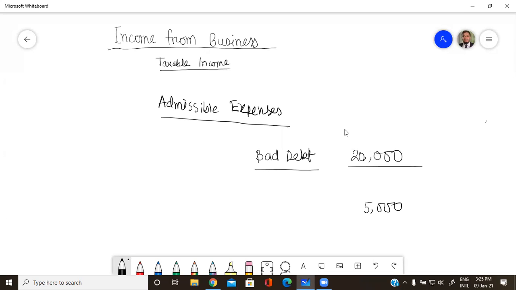What does your intuition tell? Should you hide this income? As you already have shown bad debt, if you add back this, your taxable profit goes up. What will you do? Add back, sir. You need to add back the amount you have recovered later, though that amount was part of bad debt